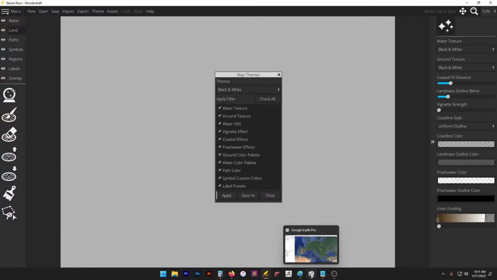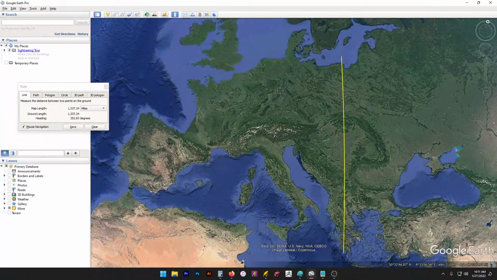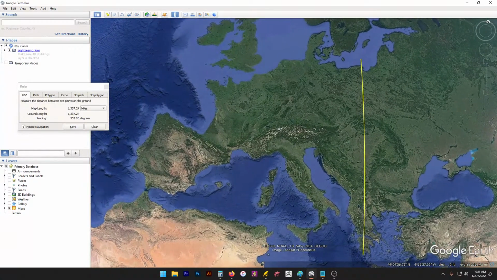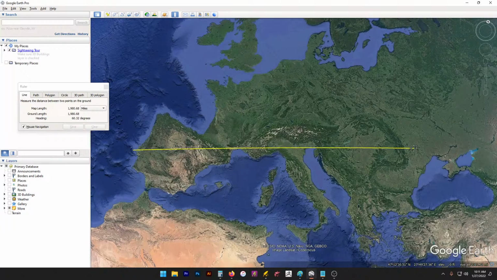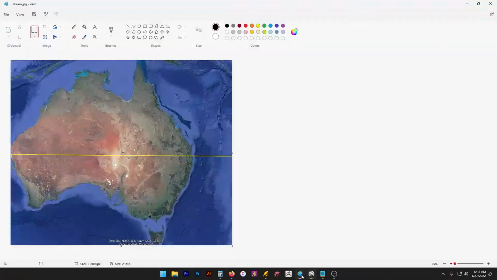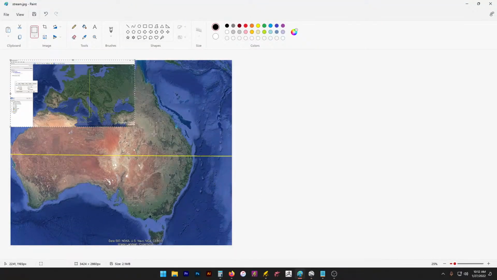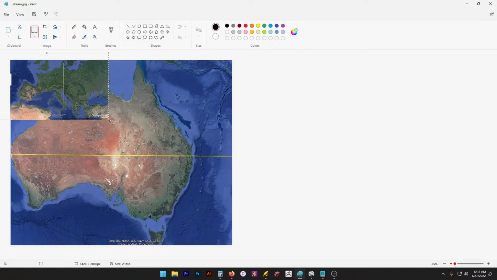Let's go back to Google Earth. Next step is, since we kind of have a figure of where things are and how big things are, we're going to go from here to about here. And then from Denmark, let's go all the way down to Sicily. Okay, we've kind of got our size there. We're going to Alt, Alt print screen. We're going to throw this image